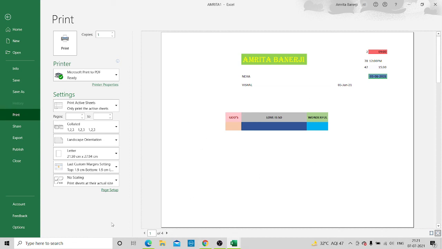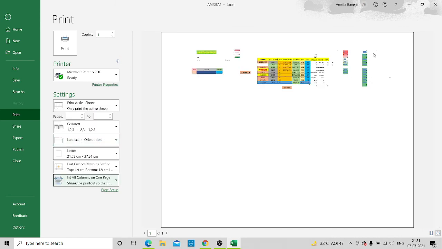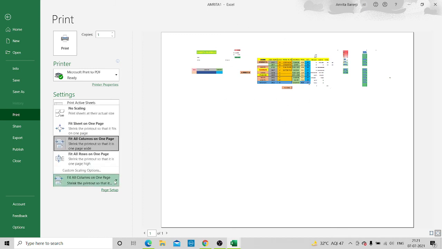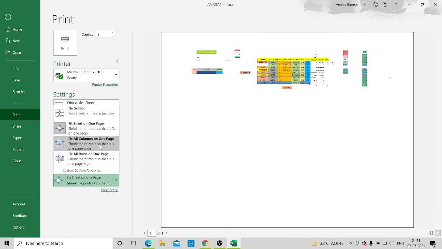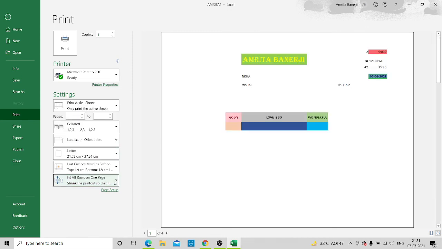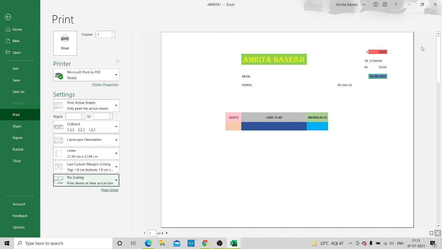Now we will have to scale it, then fit all columns on one page. See children, now when I have changed the scale, everything is visible. Suppose I change it to fit on one page, then also there is no change. Fit all columns on one page, fit all rows on one page, then also the same alignment. If I do no scaling, then children, only half of the worksheet is getting displayed.